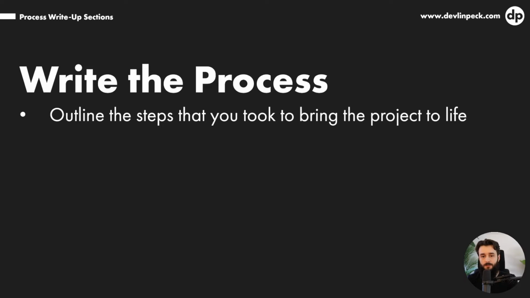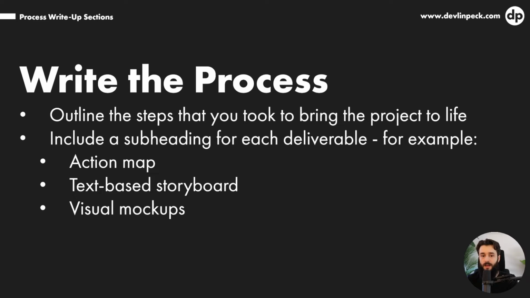So I usually start this with 1 to 3 sentences, giving an overview of the process, and then I dive into a subheading for each deliverable. So the action map, the text-based storyboard, the visual mockups. And for each one of these subheadings, you may have 1 to 3 or maybe even 4 paragraphs for each of them where you explain your decision making around that deliverable